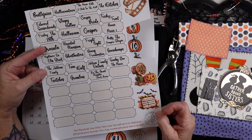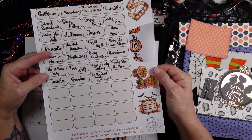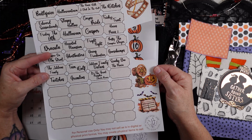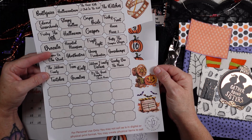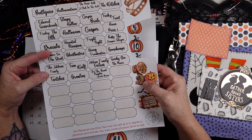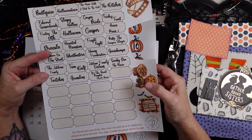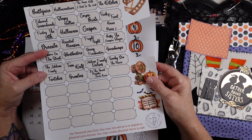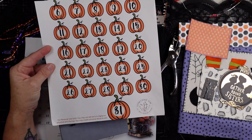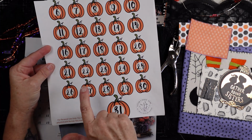I also have a few other freebies on there that I used in the tutorial for creating my album, and each week I will have a new freebie where I will have images that I think represent the movies I watched that week. There's also a digital kit on my Ko-fi shop if you would like to grab that and follow along with what I'm doing, or feel free to grab your own supplies and create based on the movies that you're watching. I created days of the month pumpkins that we can use in our journal to follow along,